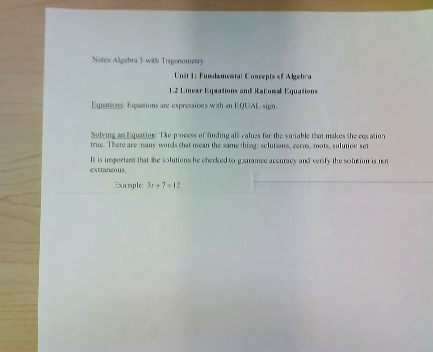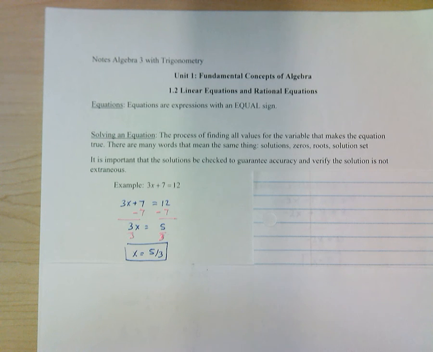So I have a few different examples here. My first example is very simple. 3x plus 7 is equal to 12. And you may have been taught different ways. I'm just going to go through the way that I tend to think of these problems. I write the equation down again, and I'm going to subtract 7 from both sides, which I get 3x equals 5. Then I want to isolate the x, so I divide by 3, and I get x is equal to